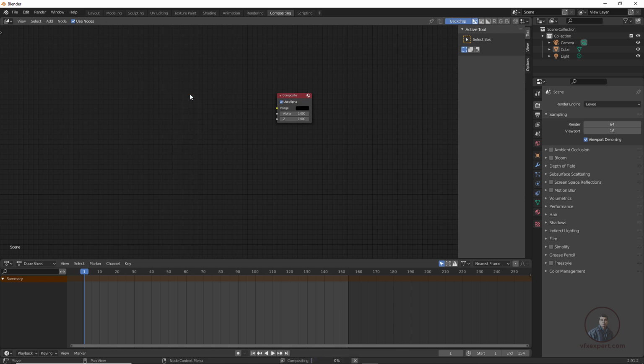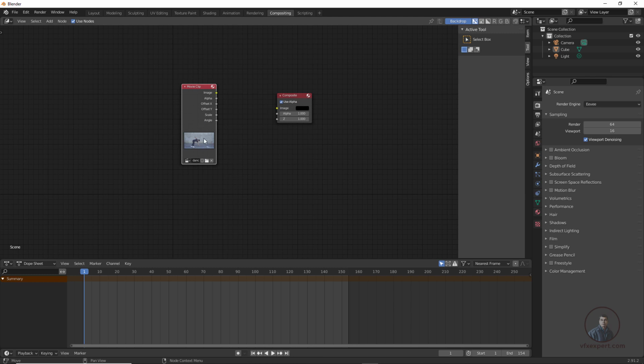So just delete this one, and we have to take a movie clip node here because we have to import our footage. Then again click on this add option. With the help of this option we can add any desired node here. Click on input, then click on this movie clip, then click here. Because here I have already imported my footage and I have tracked it. From this drop down we can directly select our footage. So just simply click here.